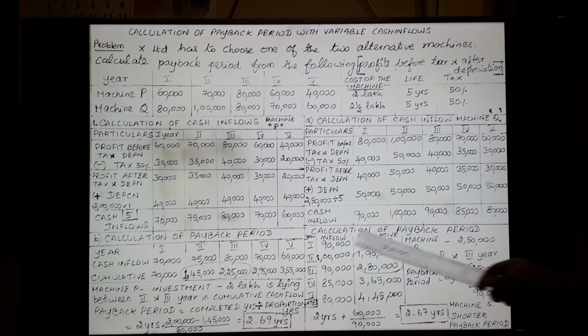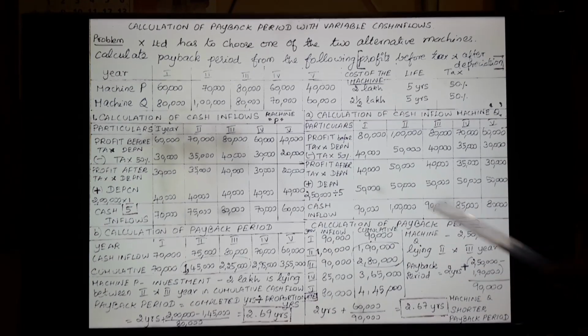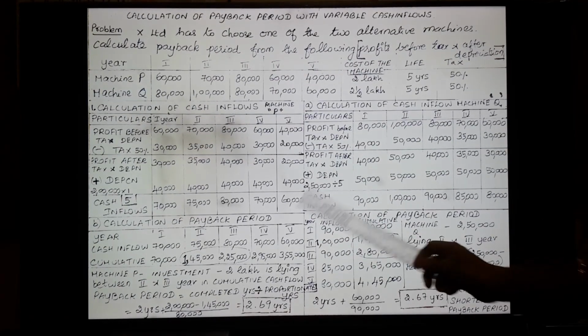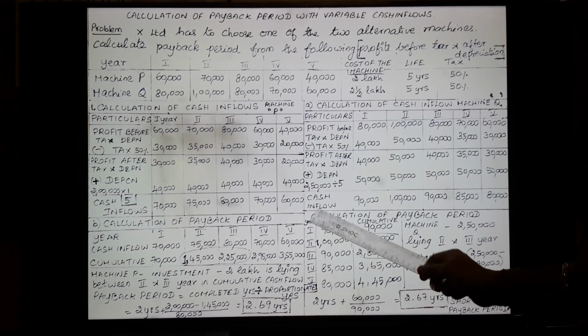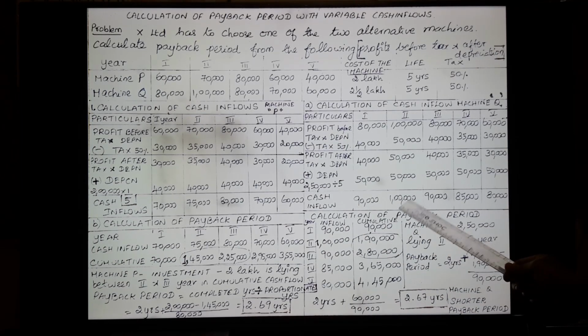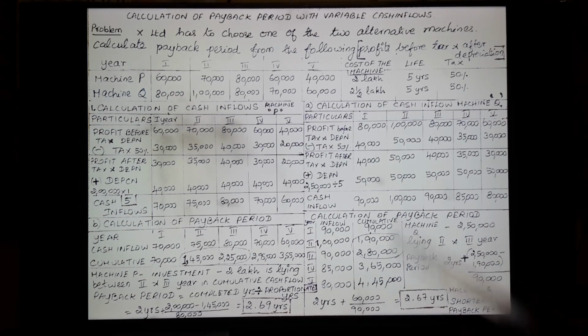Now after that, the second part is the calculation of the payback period. The inflow you have found out is to be written in a column as inflow; as I don't have space, I didn't write it this way, so this is the right way of doing the problem. The first column is the year, the second column is the cash inflow, that is 90,000, 1 lakh, 90,000, 85,000, 80,000. And the third column is the cumulative cash inflow.